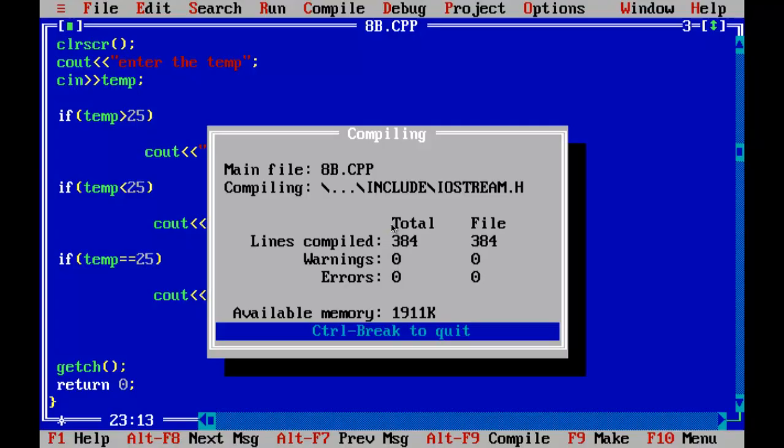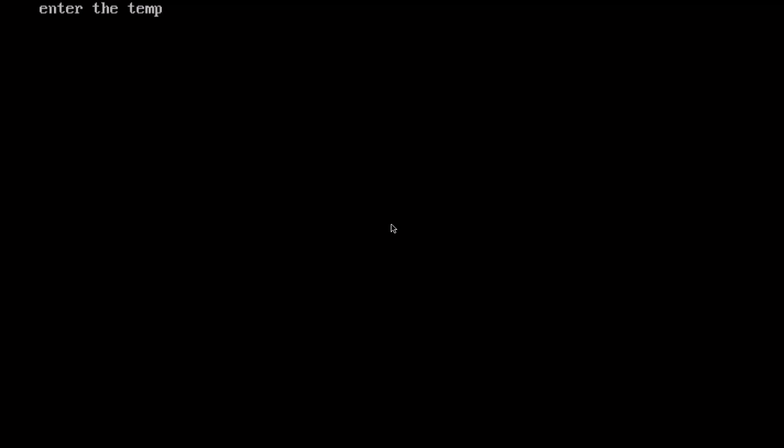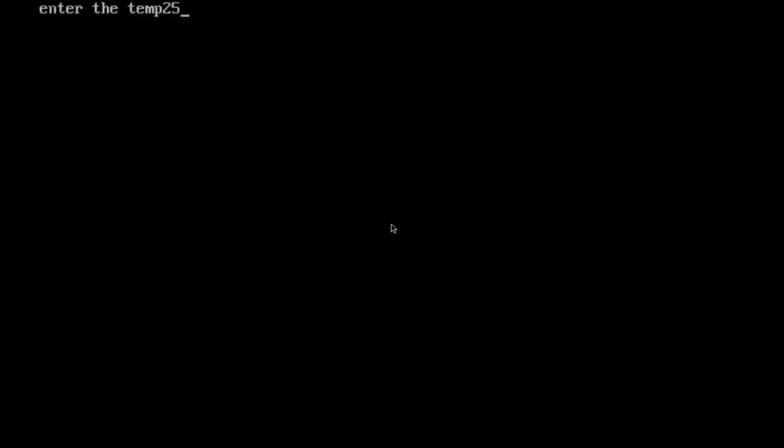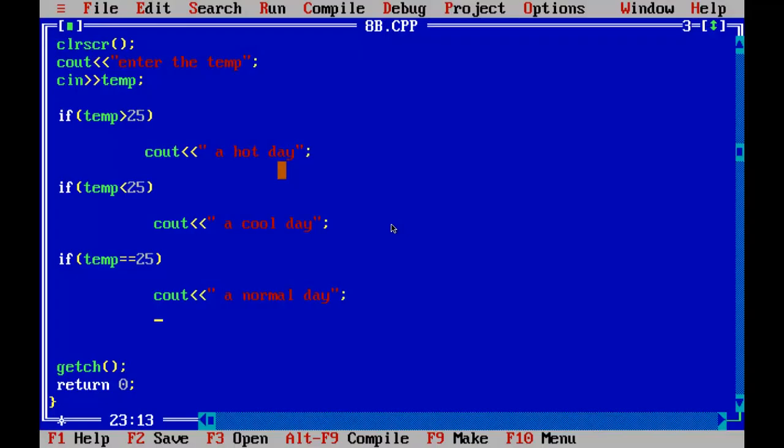Okay, so we will run this program. See, no error. 30, hot day, and 25, see, a normal day, 25, normal day, and 14, a cool day. So if there is a single statement, then no need of brackets.